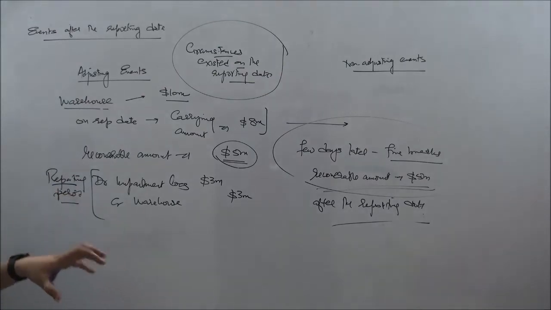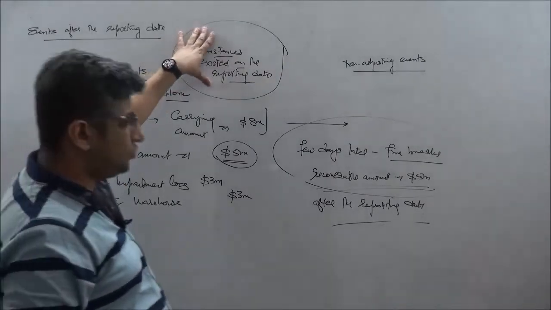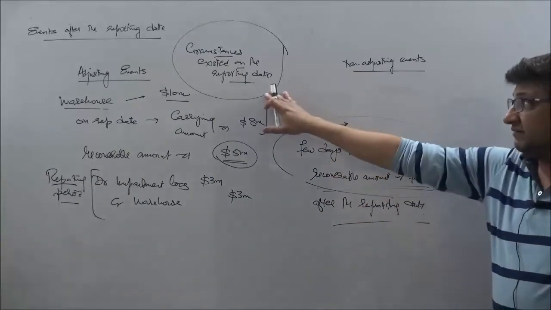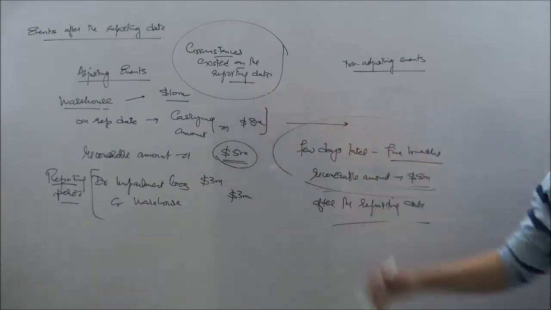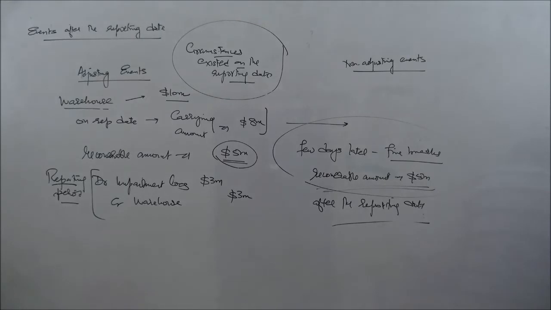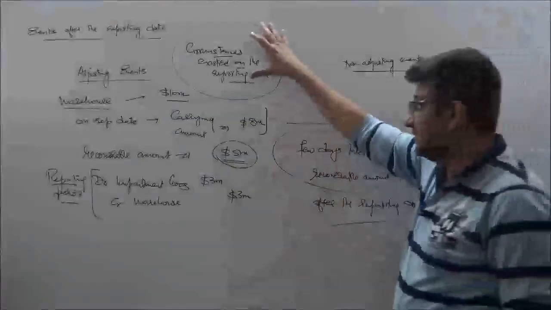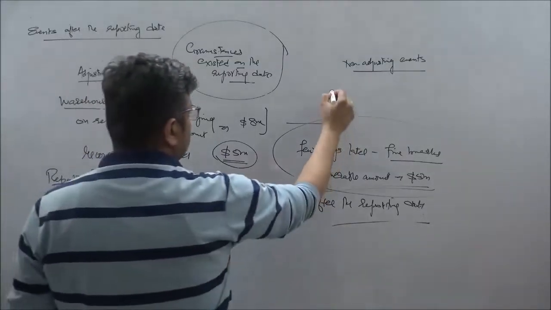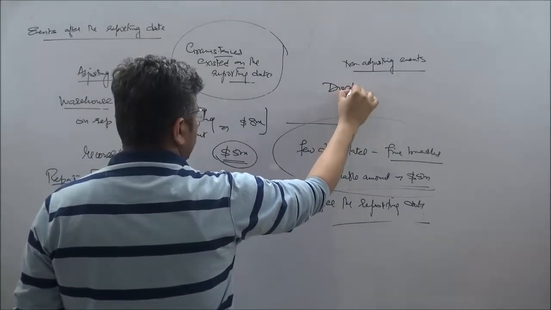So importantly, what you need to assess is, do the circumstances exist, right? If they exist on the reporting date, then very well we can say that yes, it's an example of an adjusting event. However, if the circumstances do not exist, then it is not an example of an adjusting event. And for non-adjusting events, we certainly give